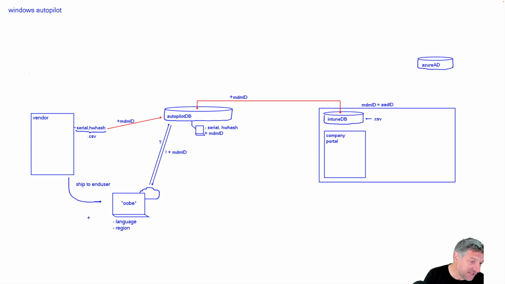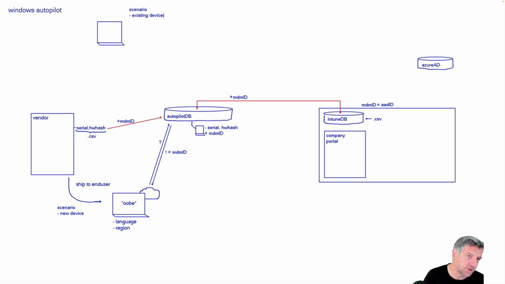And in some cases, if the device is not new, if the device is already in use, but you just want to make sure that the next time the device runs in UBI mode, it will still be part of Autopilot, maybe because sometimes you need to do a factory reset, then we also have another solution, and that is that we can take an existing computer. In this example here, the scenario is that this is a new device. However, the scenario could also be that this is an existing device